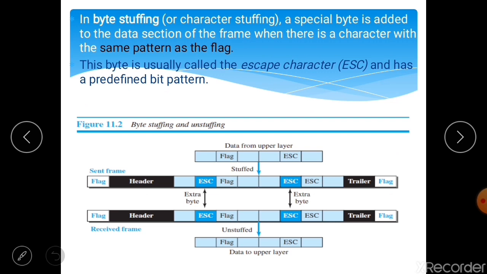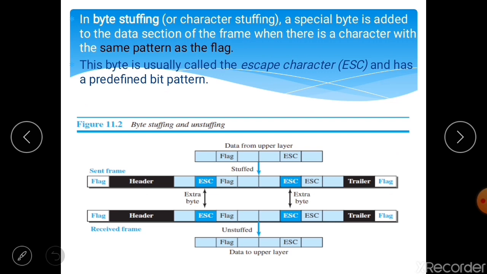Byte stuffing by the escape character allows the presence of the flag in the data section of the frame, but it creates another problem. What happens if the text contains one or more escape characters followed by a byte with the same pattern as that of the flag? The receiver removes the escape character but keeps the next byte, which is incorrectly interpreted as the end of the frame.